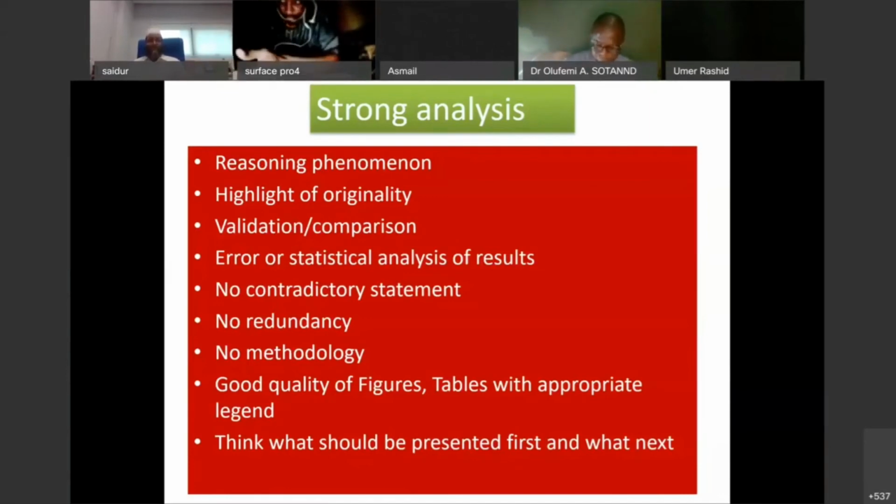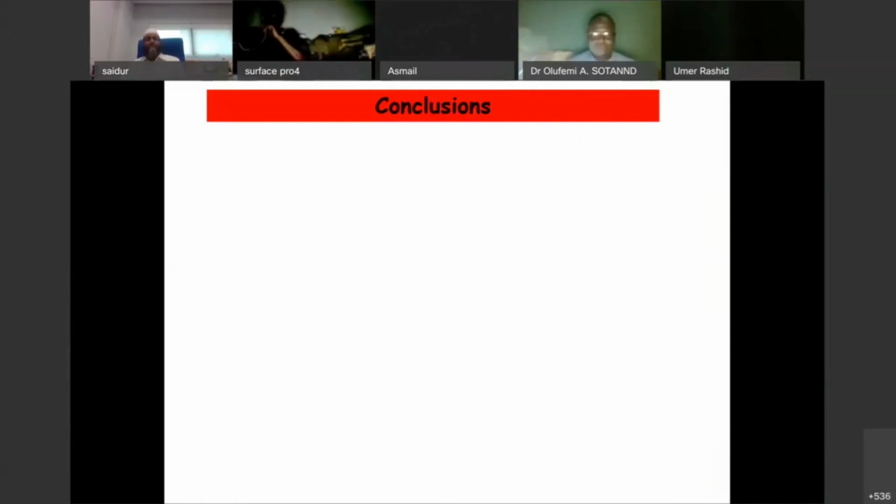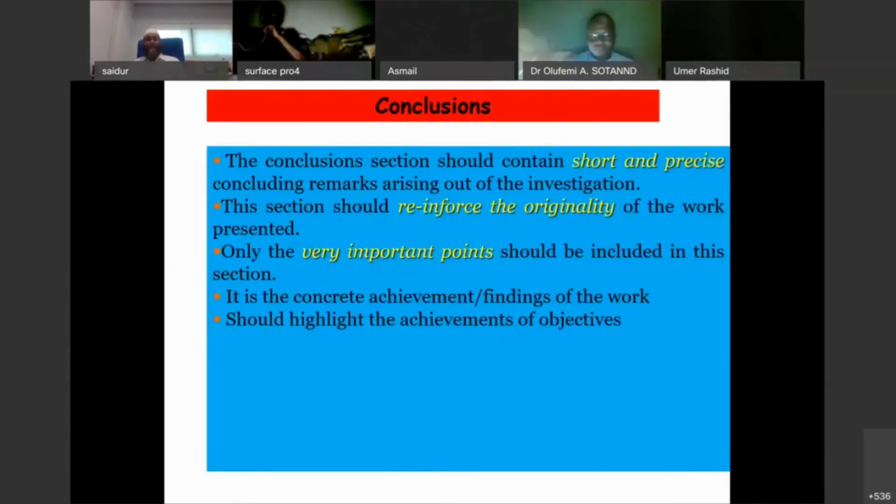Good quality figures, I think that's what I addressed. Think about what should be presented first and what should be presented last. Don't present the literature review first. You put your results first based on your stated objectives and methodology, and then start to discuss. The conclusion is basically the achievement of your objectives, and this is actually the findings of your work. It is not